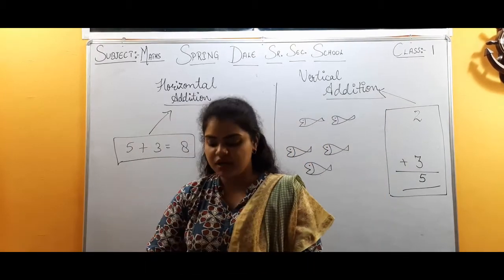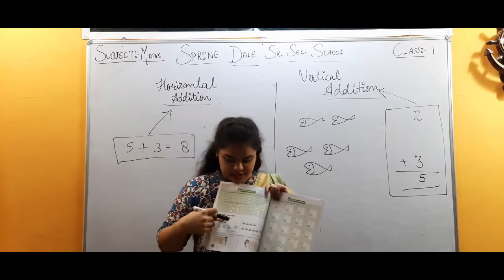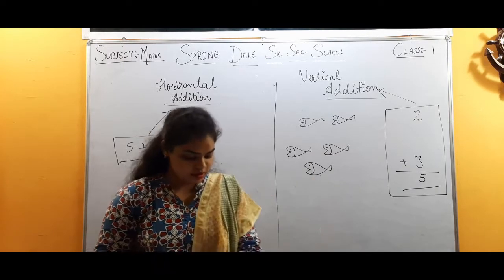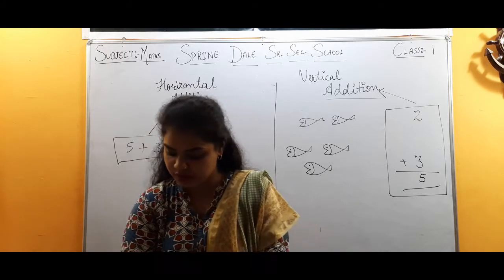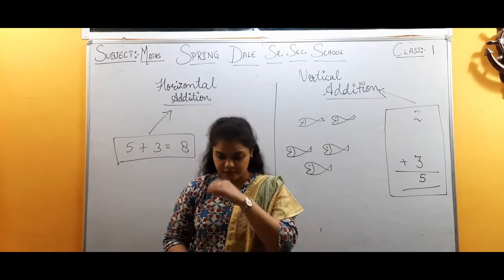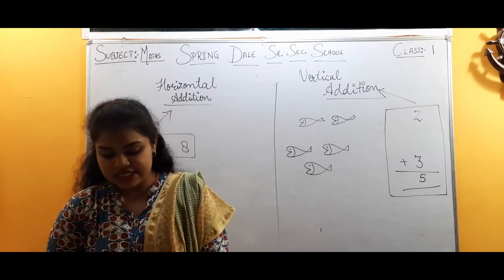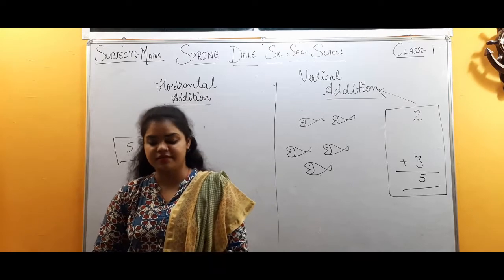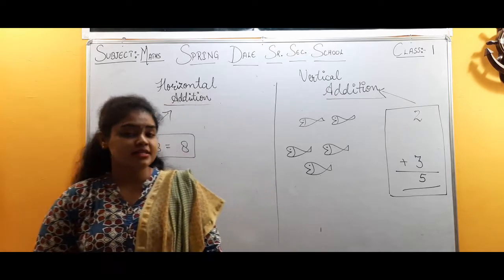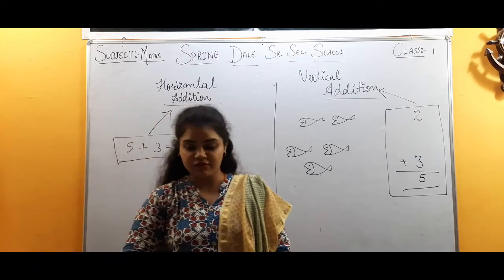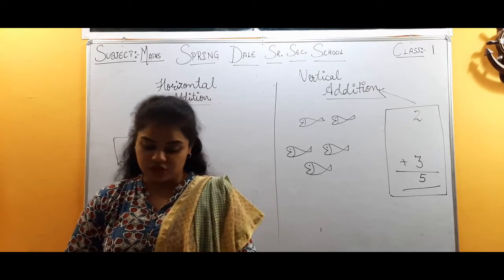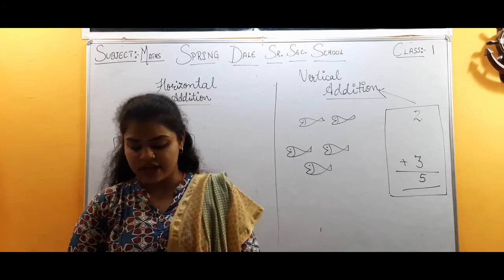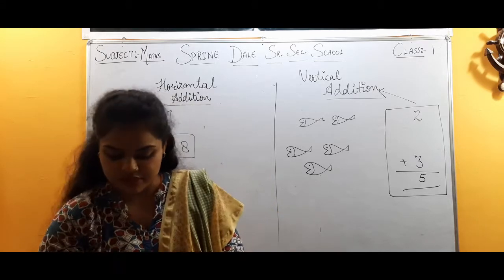Look in your page number 24. Here is the example of the vertical addition. Okay. Now we have, coming to the page number 25. We have the exercise self-practice 1G. Add the following. One has been done for you. Now there are the sums given on page number 25. There are 20 sums. Okay. And one is done for you. And you have to add the numbers and write the sum of both the numbers.